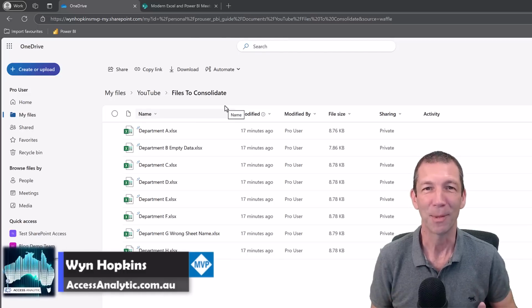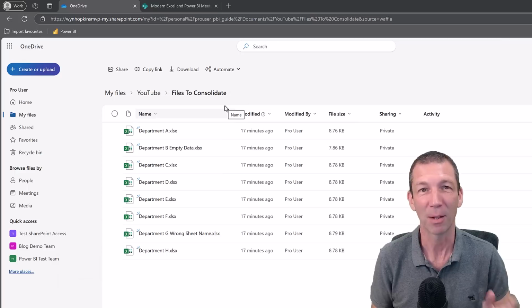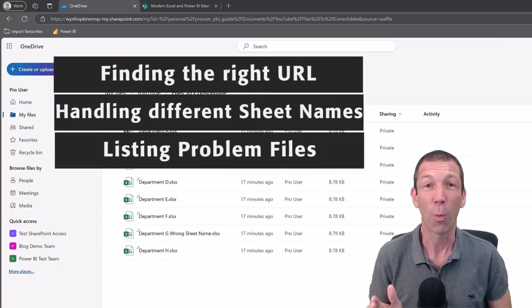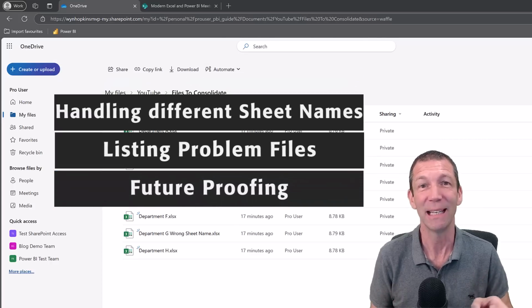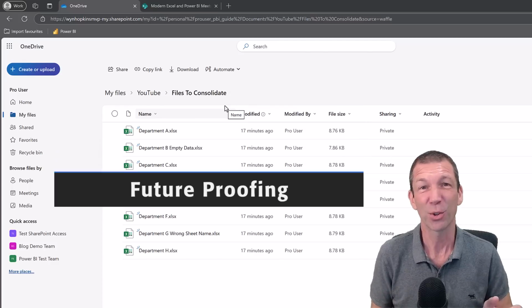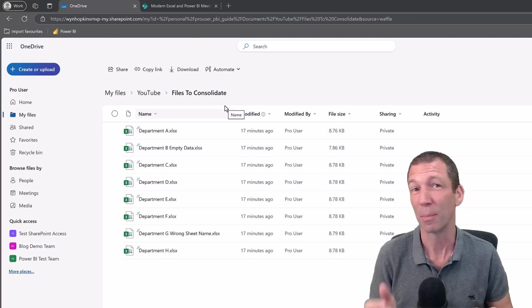This is going to be an update to one of my most popular videos, which is how to combine multiple files from a SharePoint or OneDrive folder. Now we're going to focus on OneDrive because the link that you need has slightly changed, but the same thing works for SharePoint. And also I'm going to do this in Excel, but again, you can apply exactly the same